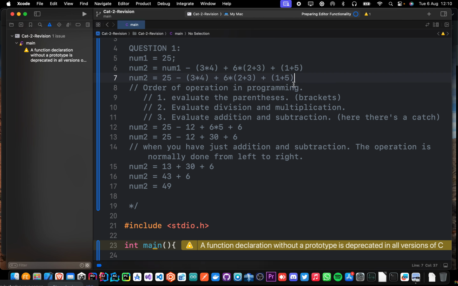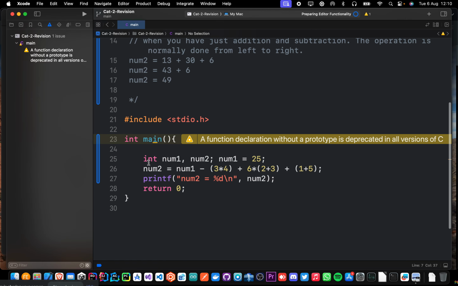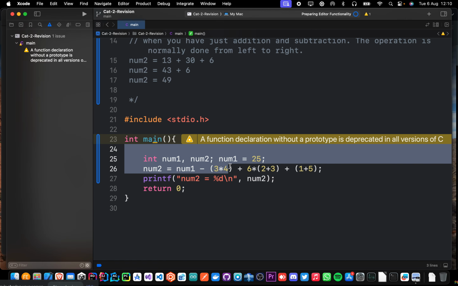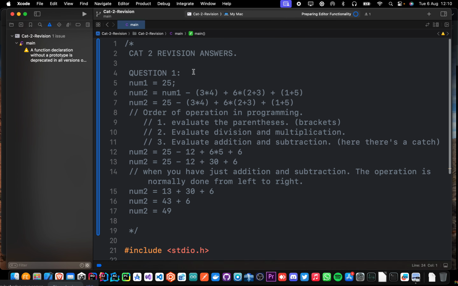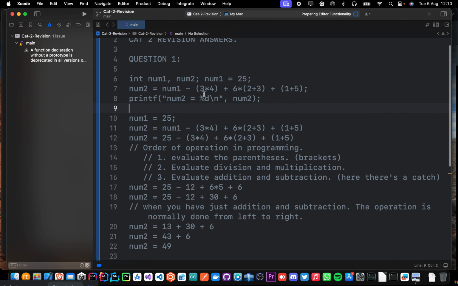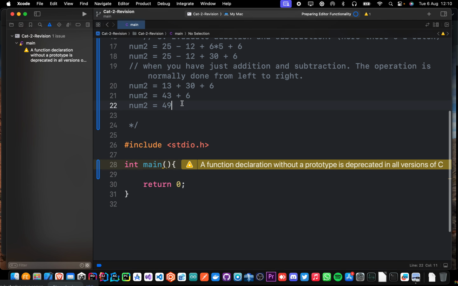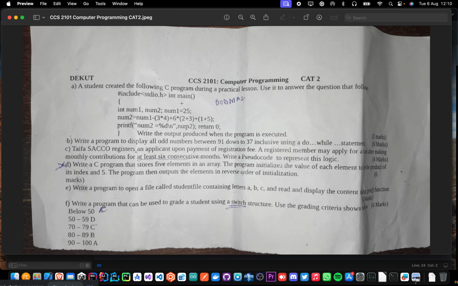So I hope you've understood that, and that is how we can have our program to be evaluated. So I think I can copy this code and paste it up here, because I'll be sharing this document, and yeah, so let us look at the second